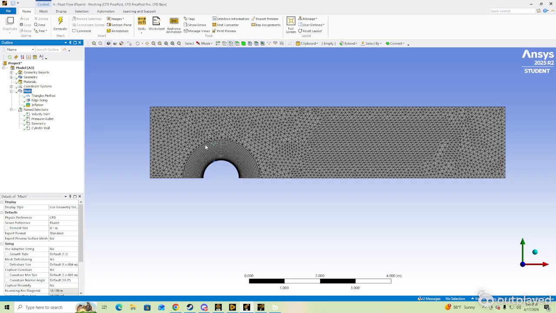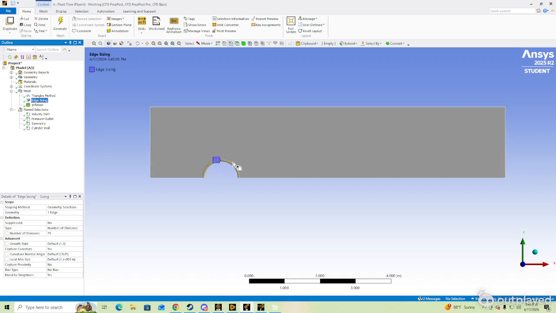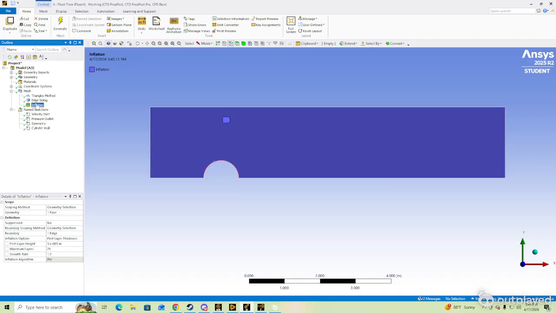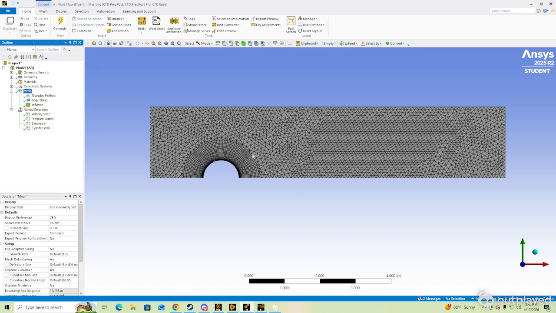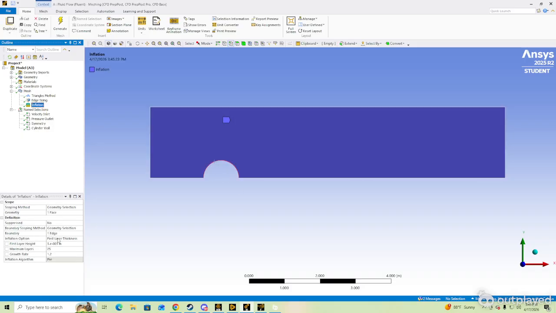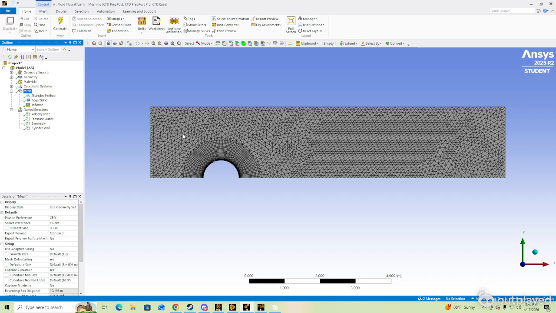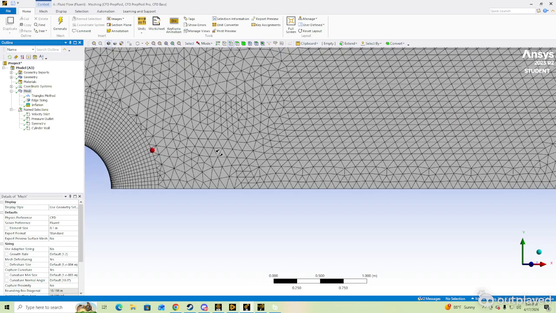The main difference was that I did an edge sizing from the border of the circle a certain distance out with inflation. So I did the edge sizing, and then in order to get this circle you see around it, that'll actually make us able to get any values there. I used inflation, setting it to 0.003 or something like that. I forget what this actually equates to. But with 25 layers and some growth rate, I think that's just the normal growth rate. And that gave us this nice uniform